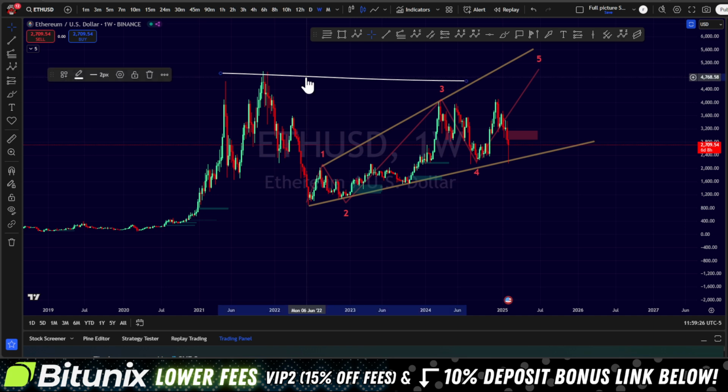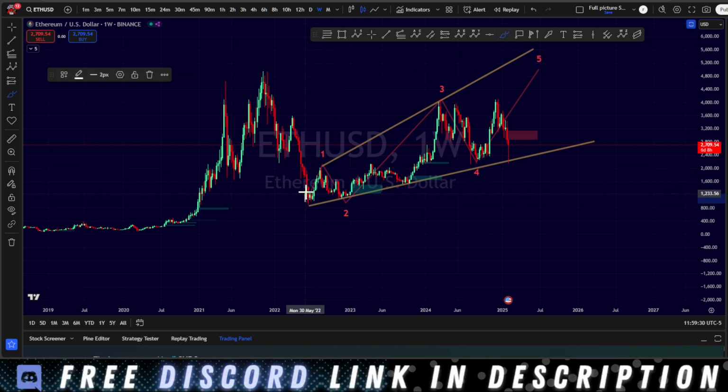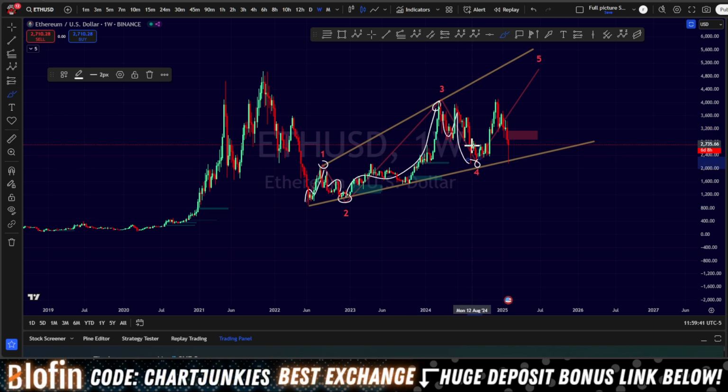Each wave of these 5 waves is going to be comprised of a correction. So here we have a correction up. There's 1. Correction down. There's our 2. 1, 2. Put in. Correction up. There's 3. Correction down. There's 4. 3, 4. Put in. So we're looking for a correction up for wave 5, and this correction, in my opinion,